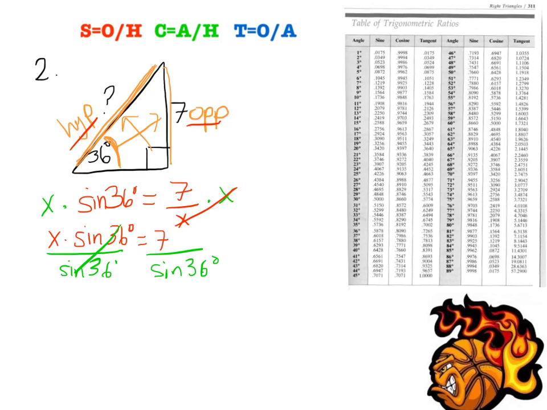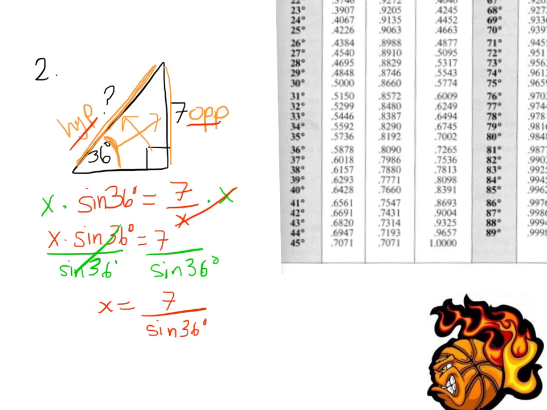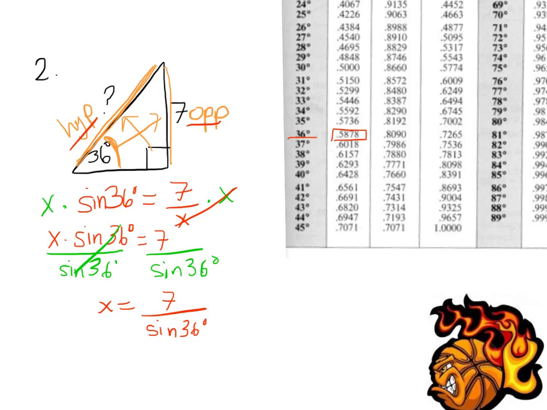This becomes 1, and I get x equals 7 divided by the sine of 36 degrees. This is where I'm going to go to my trig table, and I'm going to find the sine of 36 degrees. And you can actually see it right here. Here's 36 degrees, and this first column is sine. That means if I want to find what x is, I'm going to have to take 7 and divide it by